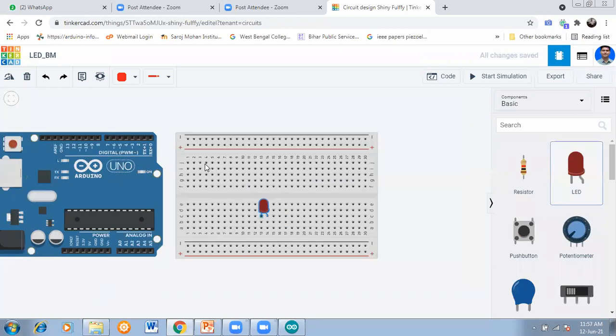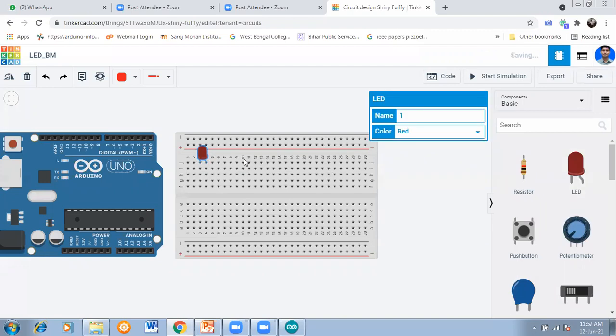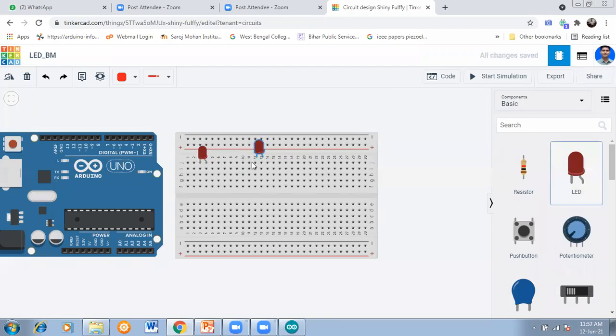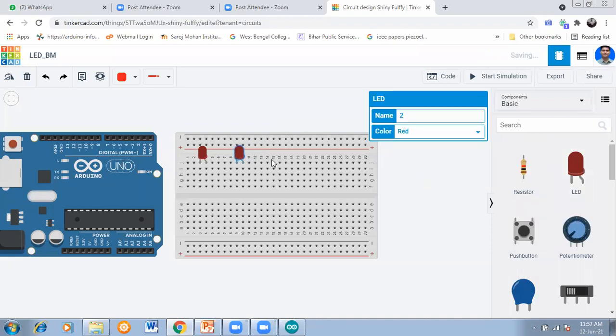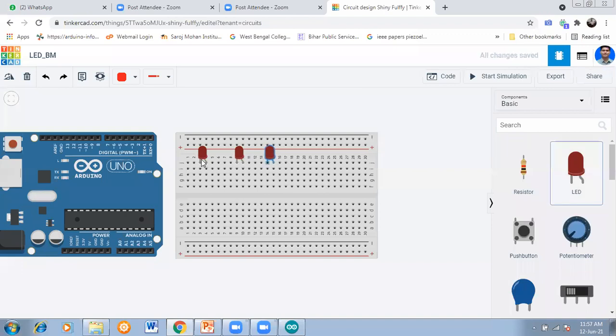So we'll use LED. This LED is placed here. We'll use 3 LEDs, just giving a gap. The third LED. Now see, you can change the color also.